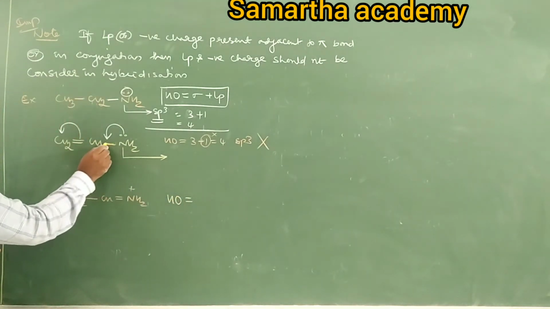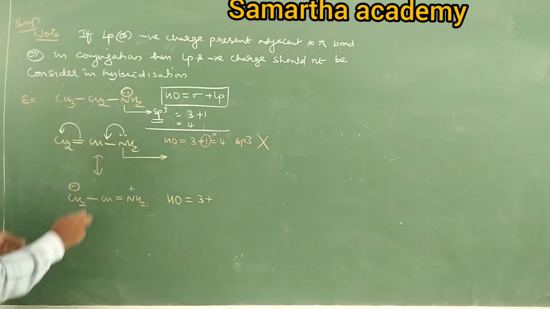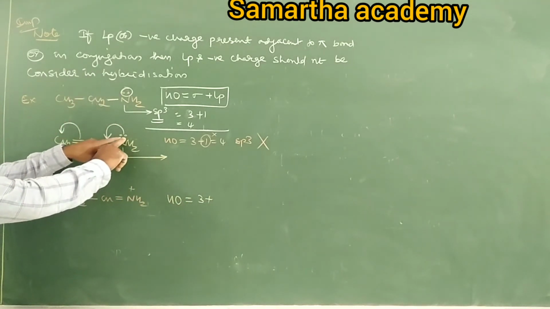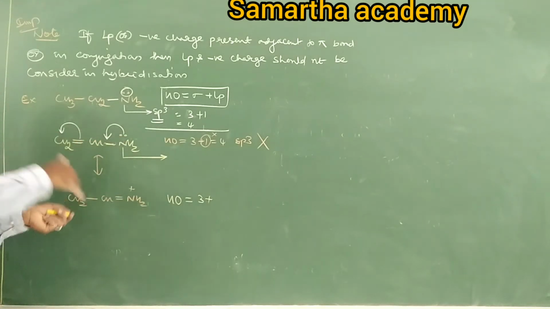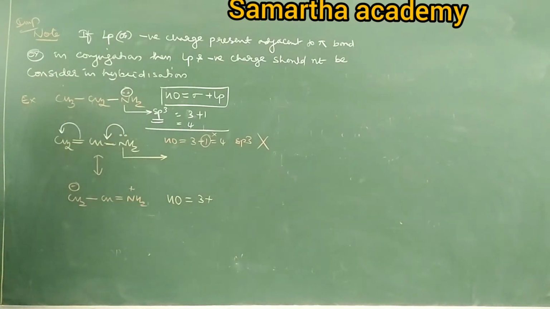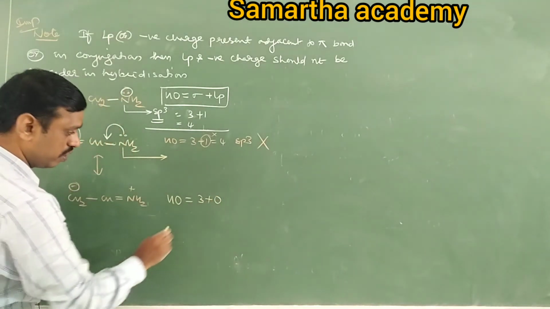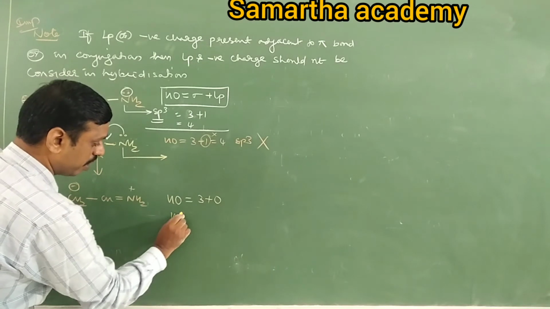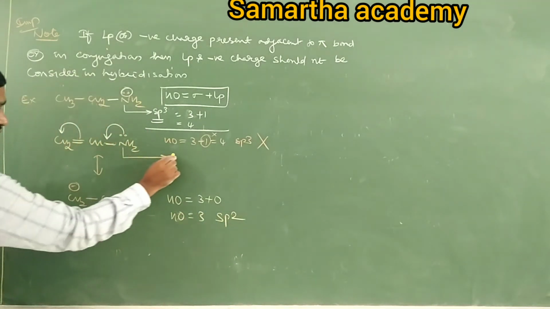So in this case, what is the hybrid orbital equal to? Number of sigma bonds, 1 plus 2, 3, plus lone pair. It looks like one lone pair, but is the lone pair located only on nitrogen? No, it is shifting, it is involved in resonance. It may come again to this side. It means those lone pair electrons are not involved in hybridization. So you should take it as 0. In that case, hybrid orbital equals 3. It is sp2. Important, it is sp2.